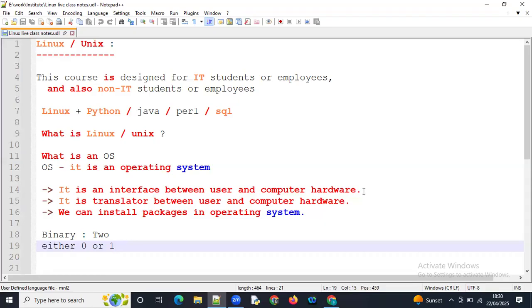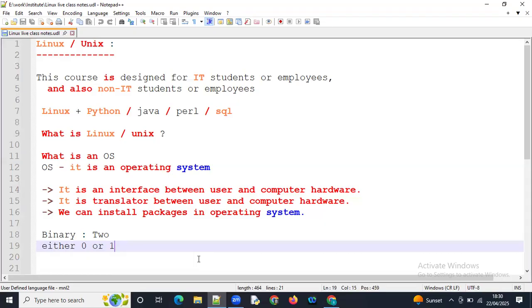We had also discussed the binary number system. We have different kinds of number systems like binary, octal, decimal, hexadecimal. So what is binary? Binary means two digits, either zero or one.